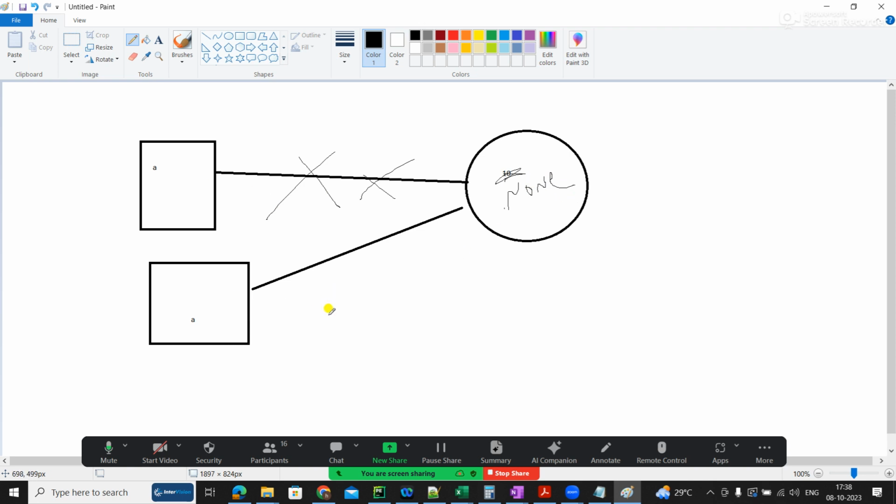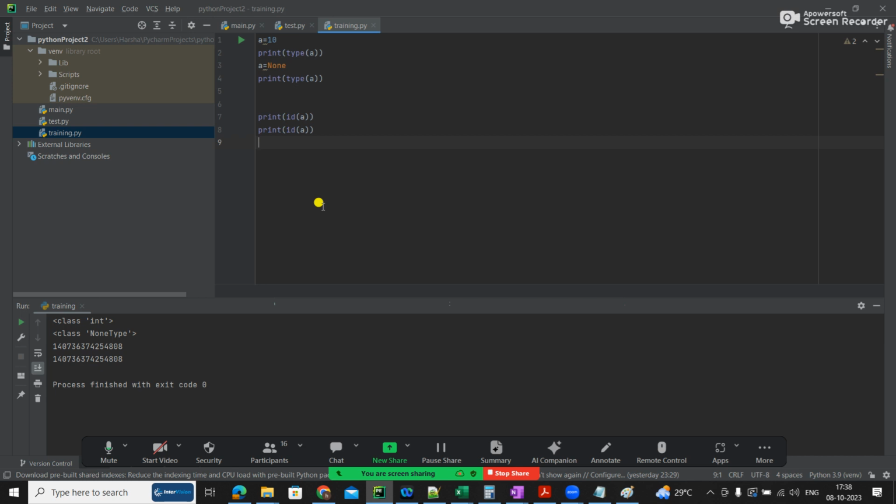Again I'll do something: b equal to None, print of b. Good to know. Next, c equal to None, print id of c.